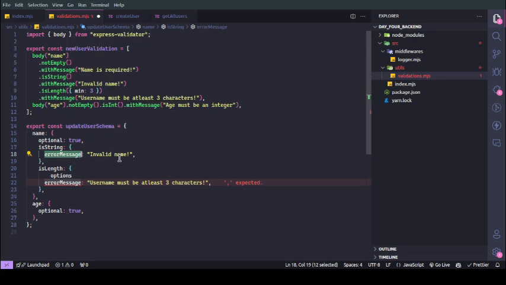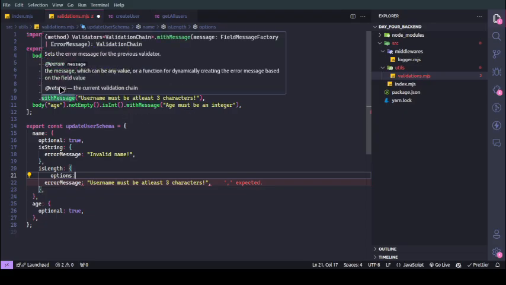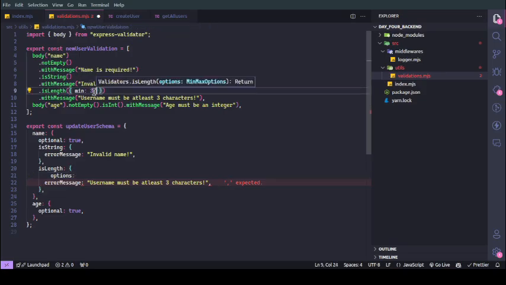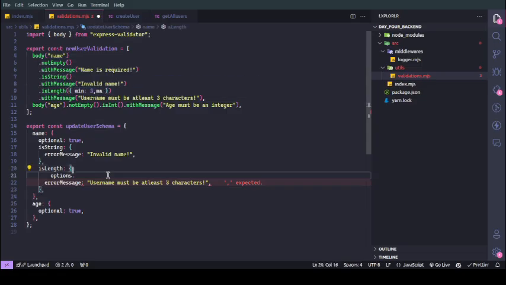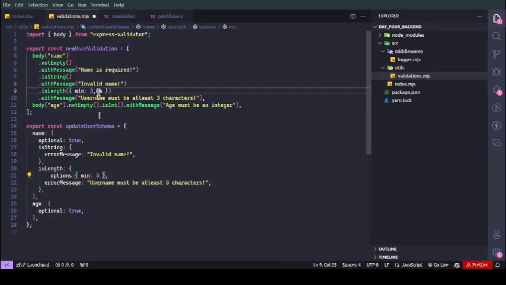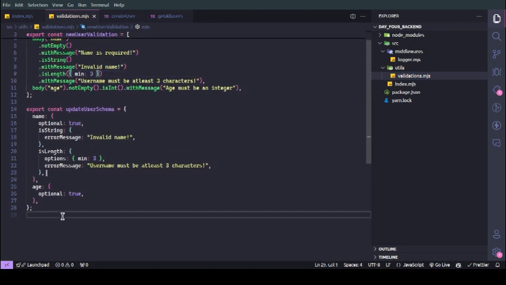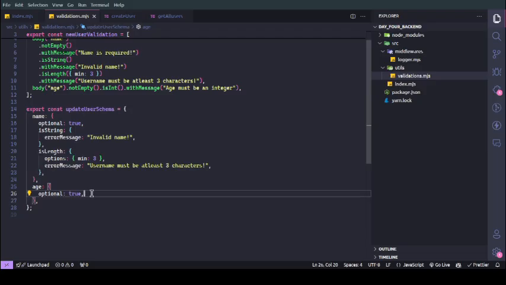Don't worry, the checkSchema function is going to check everything for us, right? So for our options, it is this one right here. You see we pass our min max options. We are just taking a minimum value and a maximum value, so that is what we are going to do. Let me just copy this and pass it here. Okay, we don't need the max. So I think, yeah, this is it for our name field, and then for our age field,